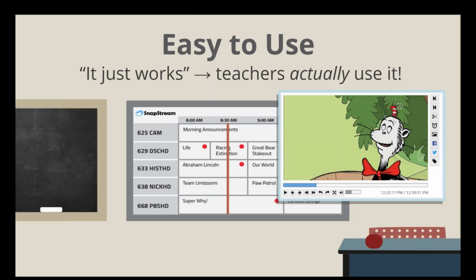So as you can see here, and as you will see very clearly in a moment, our system is easy to use and it simply works, and there's not a large learning curve at all for teachers and or students to access the system and accomplish what they're looking to do.